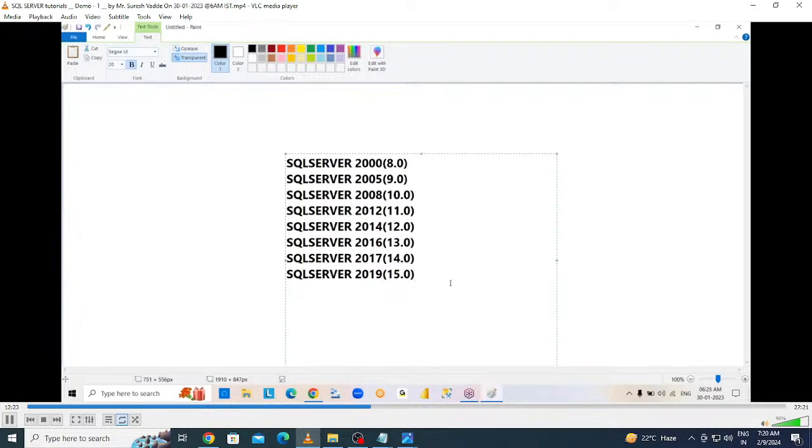So generally, if you have Windows 10 operating system, go for SQL Server 2019 only, right? Because compatibility is also really important for us. Compatible operating systems is required for us. In the same way, if you have